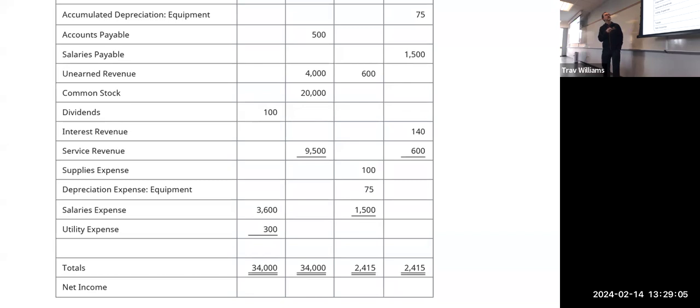It's a liability. That word unearned always tells you it's a liability. And liabilities increase on which side? Credit. Now this is debited, right? That's a debit. So that means it's going down, because liabilities increase on the credit side. If there's a debit, it's going down. Why would our unearned revenue be going down? We did the work. Now we have earned it. And that's why we have a corresponding service revenue getting credited.